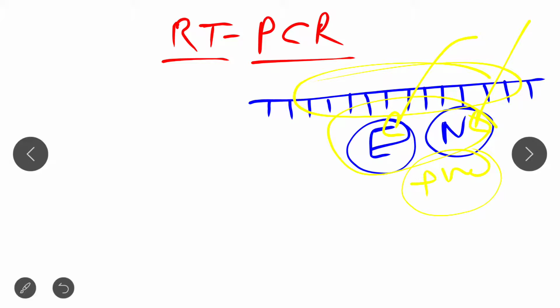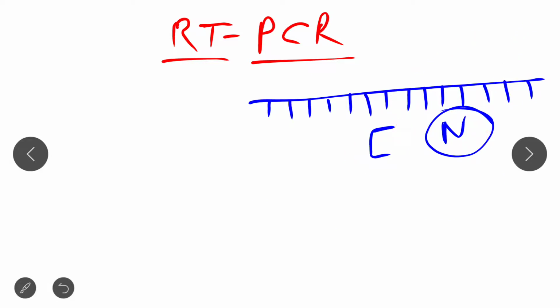And when we use a probe, then with the help of the probe, if this sequence is present and when amplification is done, then if a color light is emitted, we can find out that the particular person has these genes in his body and he is corona positive. Okay, so let's see.